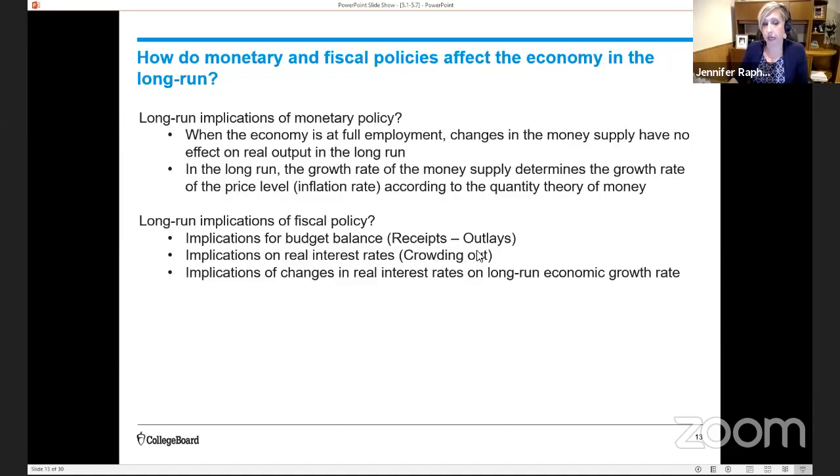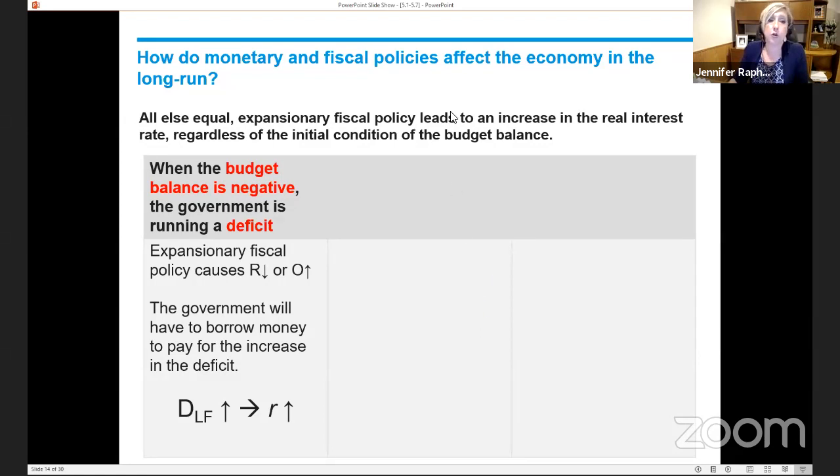And so we're going to be looking at how a change in long run fiscal policy affects real interest rates, and then what the implications of changes in real interest rates are for long run economic growth. So these are the connections that we want to make when we're talking about long run implications of fiscal policy. So you'll remember that regardless of the starting point, regardless of the initial condition of the budget balance, expansionary fiscal